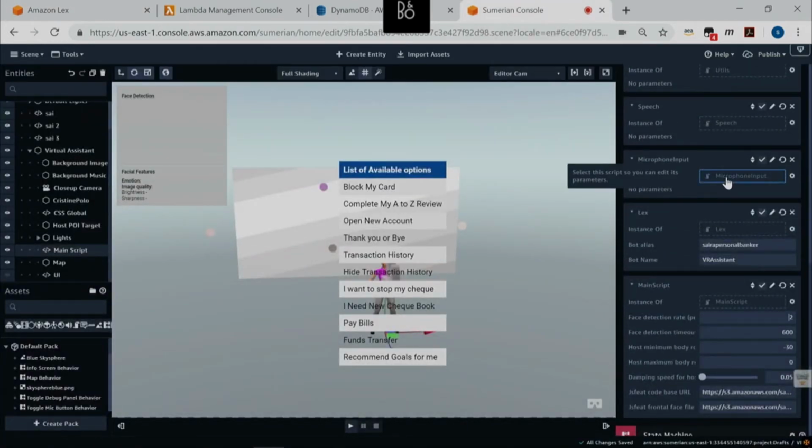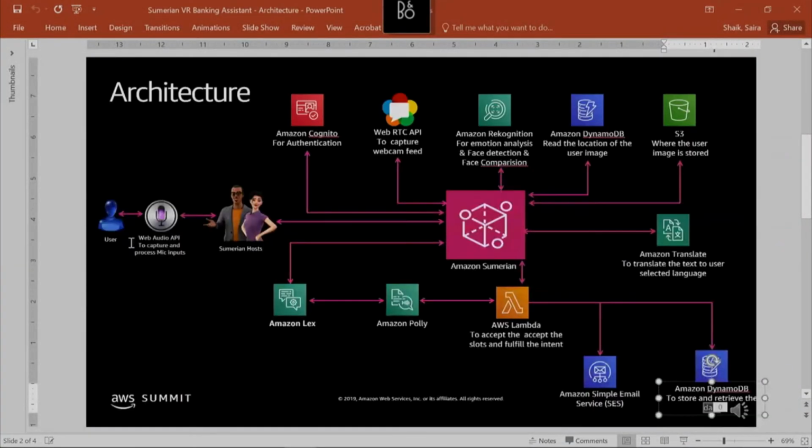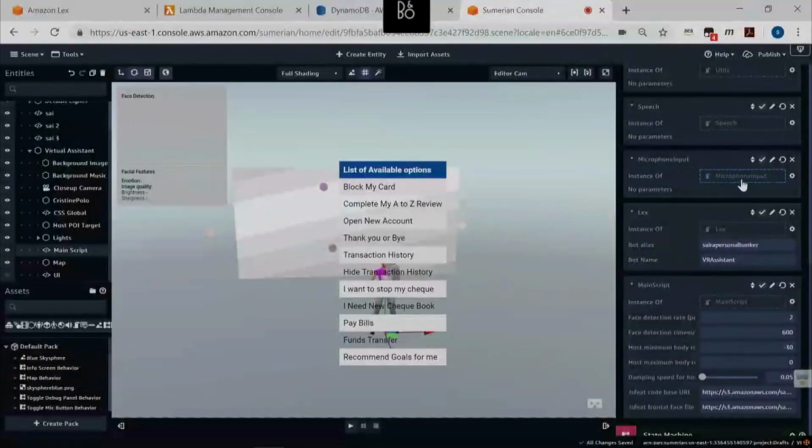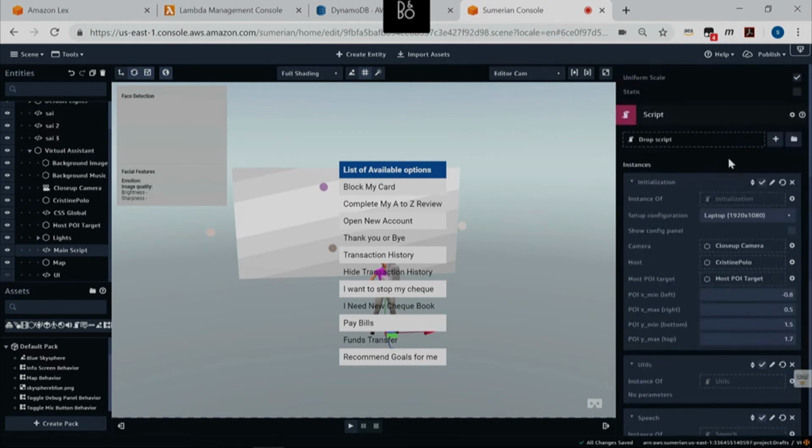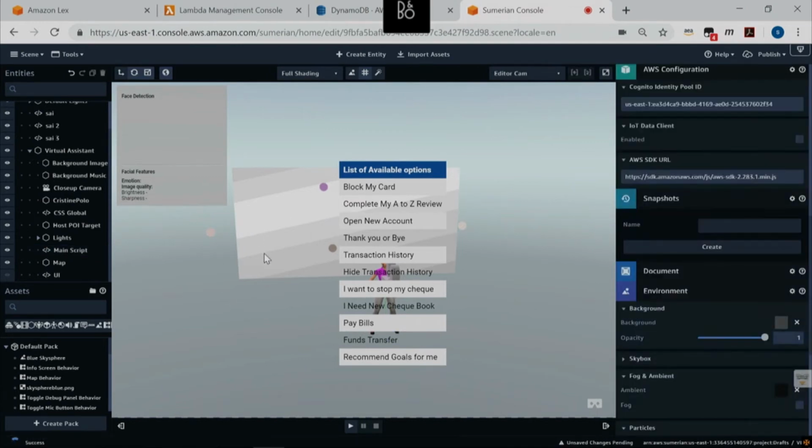And this is a microphone input which I just talked about. That's the first point in the PPT. This is the microphone input. And there is a speech script and there are utils. And also there is an initialization. So for example, if you are using this from a laptop or a different screen resolution, you can have your own configuration. If you see my screen, it's not organized, because what you see is not exactly what you get.